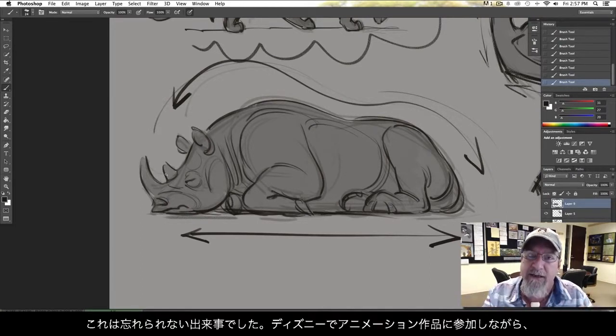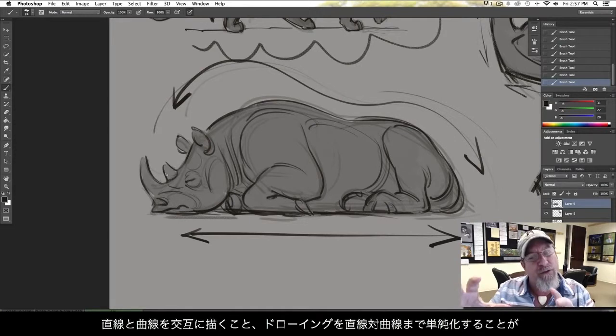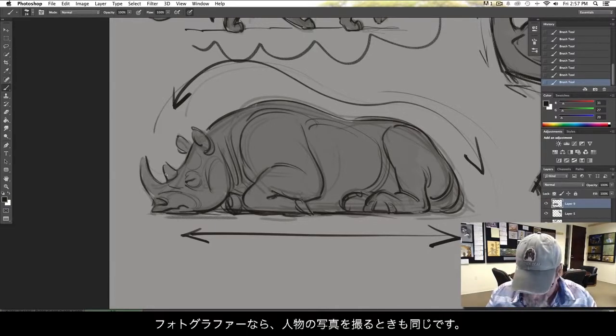And so ever since then, throughout all the years of animating that I did at Disney, you were always thinking about how dynamic we can make these drawings. And one of the best ways of doing that is finding your straights and your curves and alternating them and simplifying your drawings down to that. Okay, and like I said,